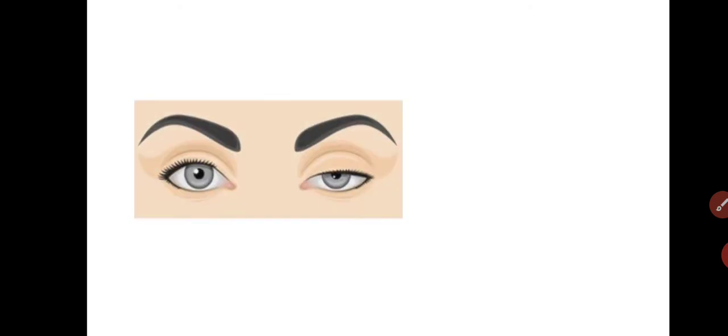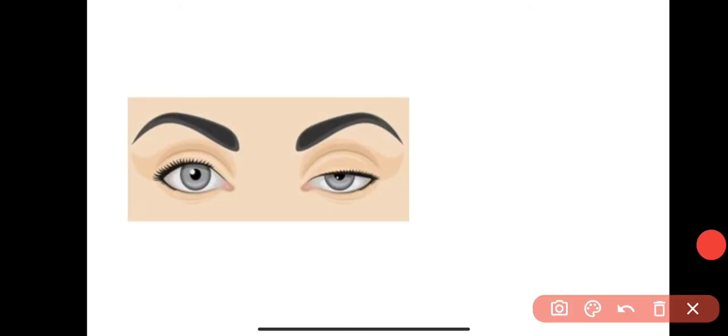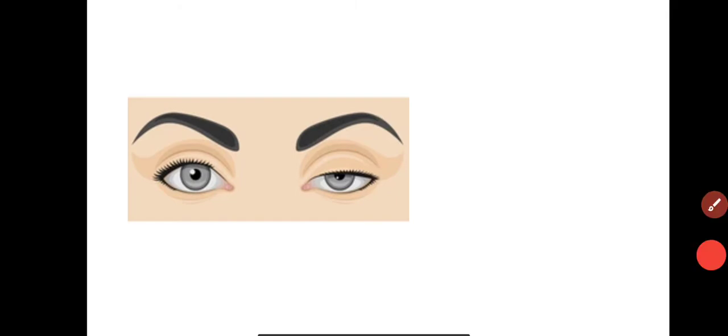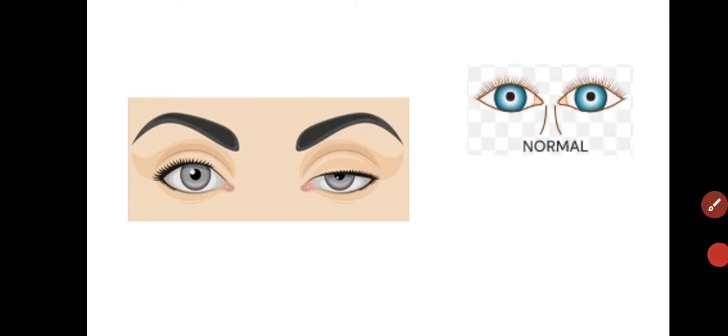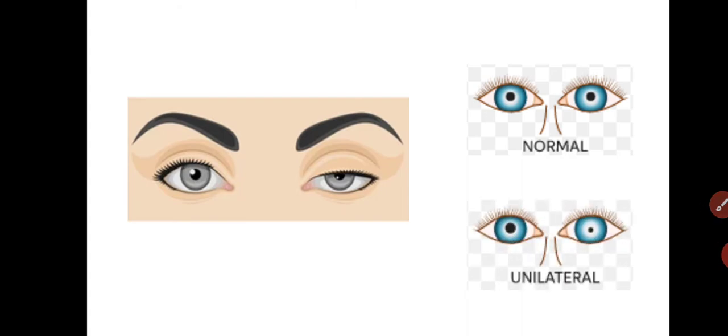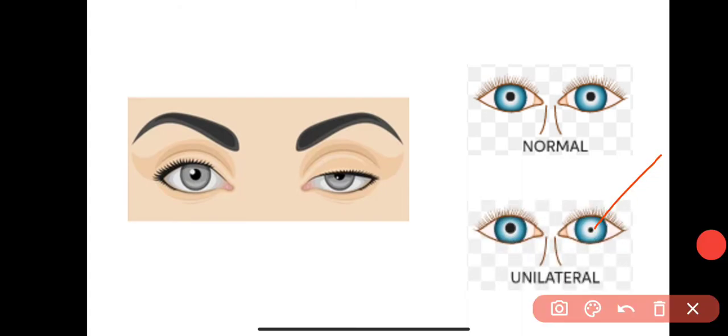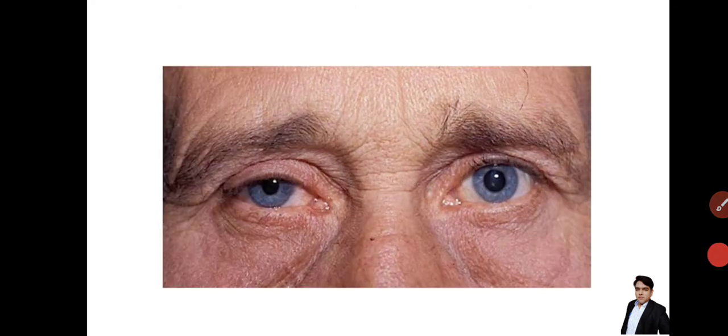So in case of ptosis, here you can see the upper eyelid is going down. This is known as ptosis. Then this is a normal pupil, and here you can see there is constriction of the pupil. This is known as miosis. So this is the diagram showing Horner syndrome: ptosis, miosis, then anhidrosis, then enophthalmos, shrunken eyeball, and loss of